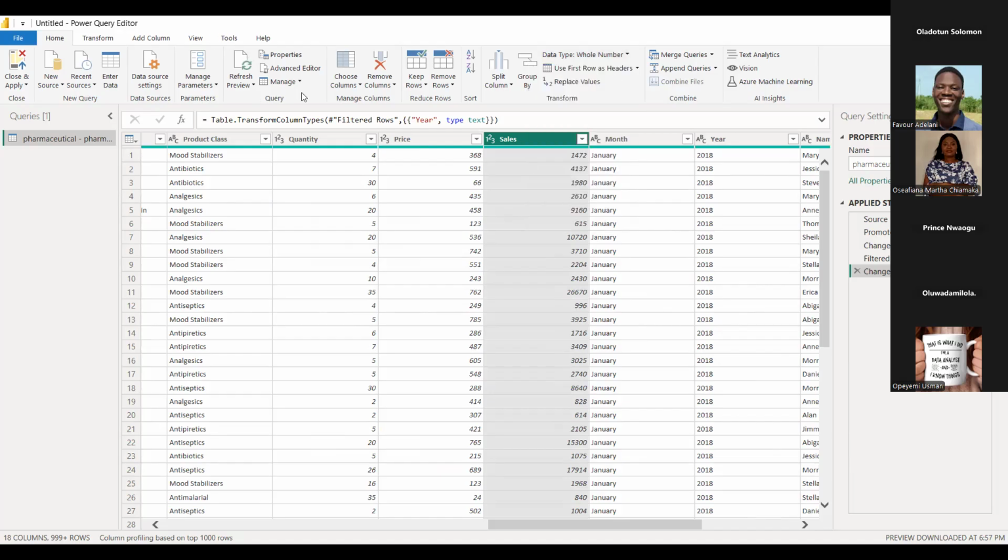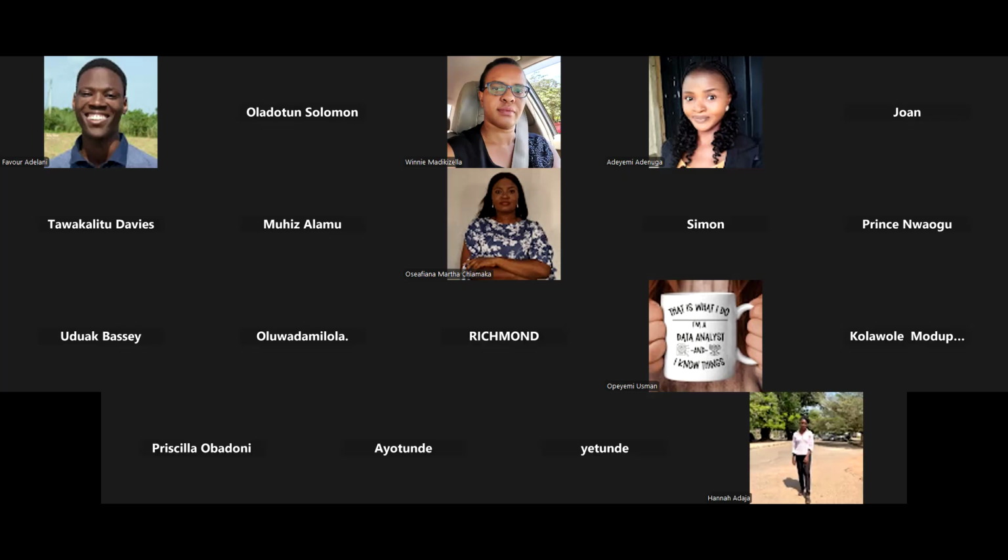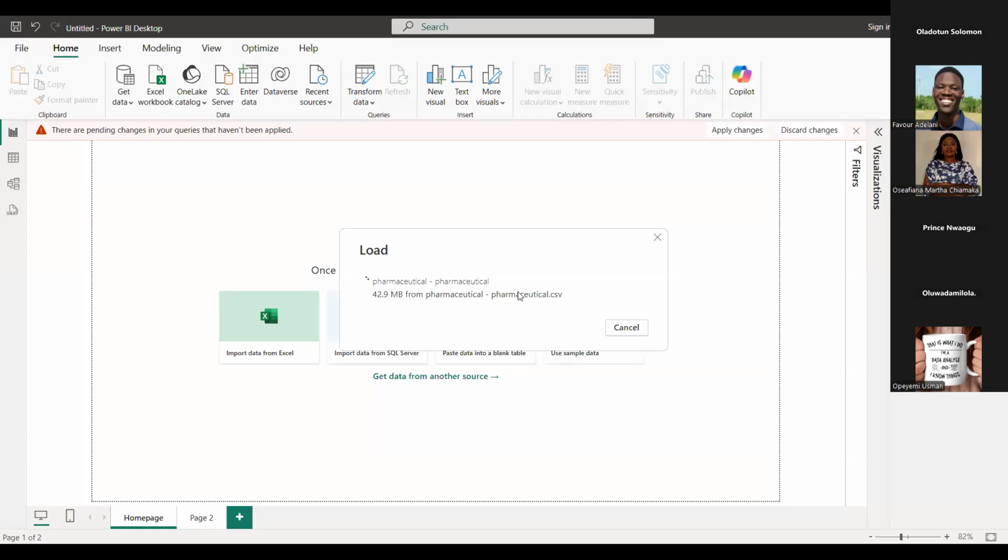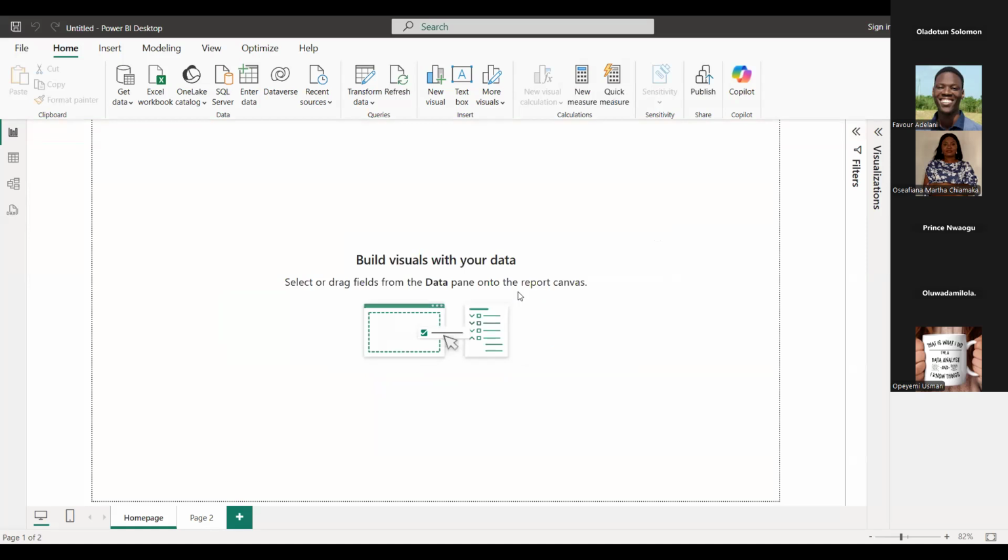Let's go straight into it. I'm going to close this and apply the changes. I'm going to share the Power BI screen while the data is loading into Power BI. Mind you, Power BI can pull a lot of resources on your laptop, depending on how large the data you are trying to load is.